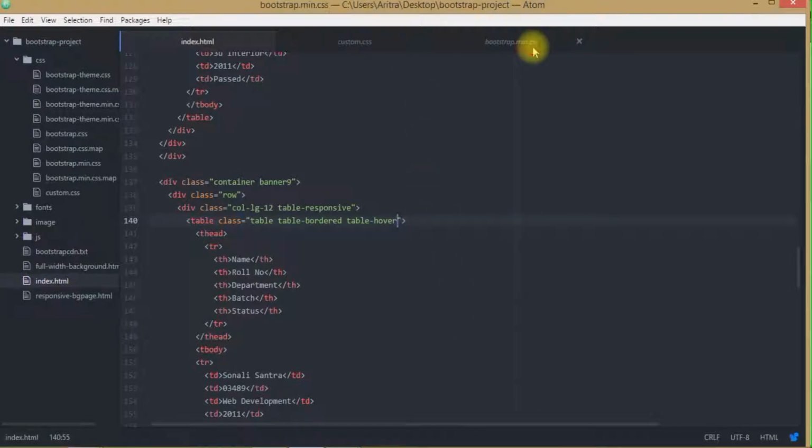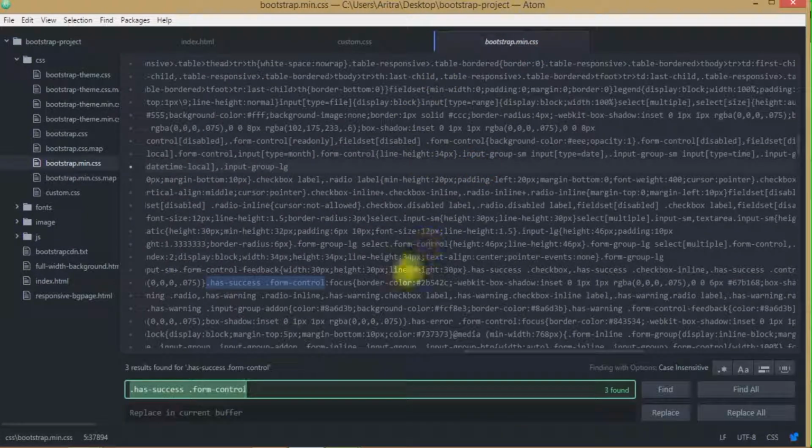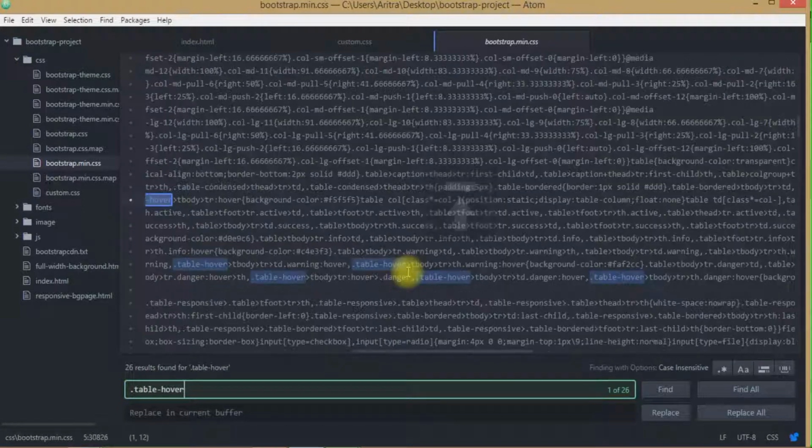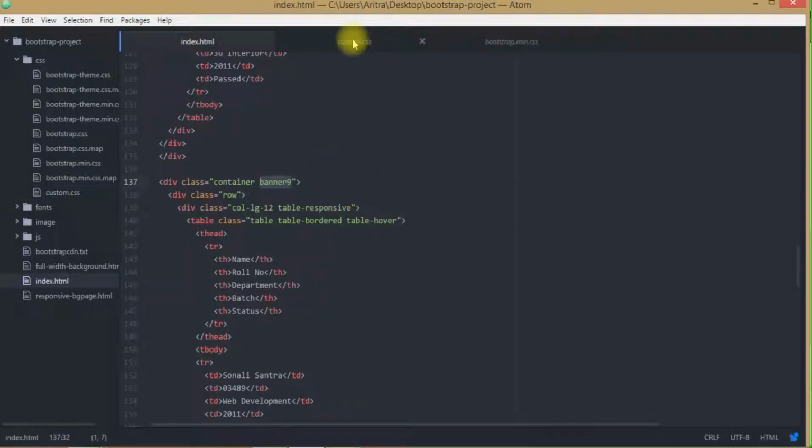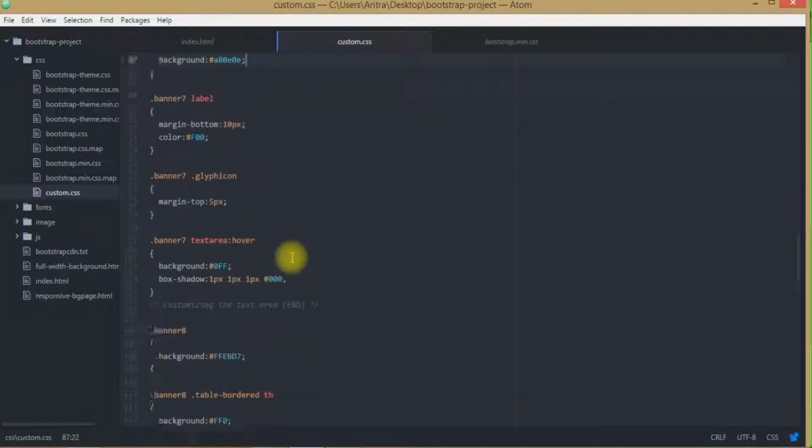Just get back to your bootstrap.min.css. We are practically using table hover condition, right? And it was a class. Just type it. Here you can see that this first selection, dot table hover, all of its T body, all of its rows under hover condition will be executing this background color. Just copy this whole class name along with all of its properties into custom.css, and this is practically coming under banner 9. So all we need to do is get back to banner 9 here.